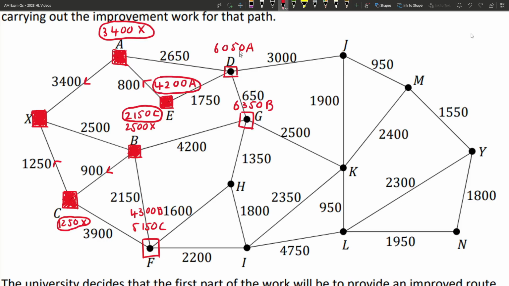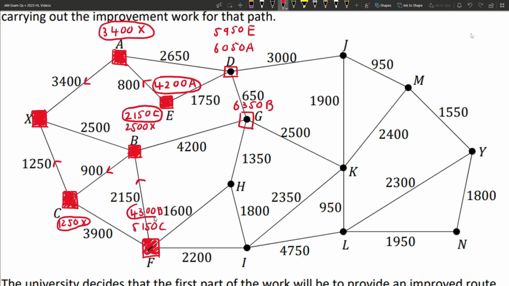The one it's connected to is D, so we can say 4,200 plus 1,750. That'll give us 5,950, and that is via E. Now we have a look at all of our empty boxes. Which one's the smallest? It's F down here, with that 4,300 going up to B, so we draw an arrow